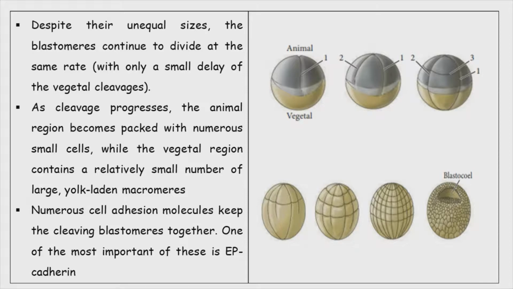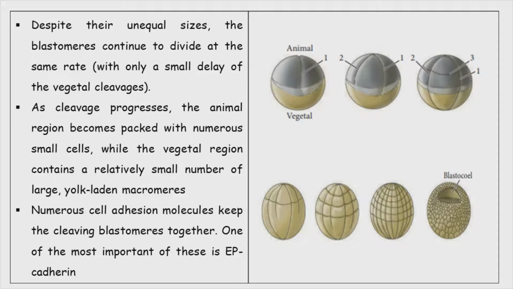On the right side you can see the images of the cleavage. In the very first image you can see the first cleavage is progressing, and which is moving from the animal to the vegetal polar region. In the picture which is present in between, the second cleavage has already started. And you can see it is very clear that the first cleavage is not completed when the second cleavage is getting started at the animal pole.